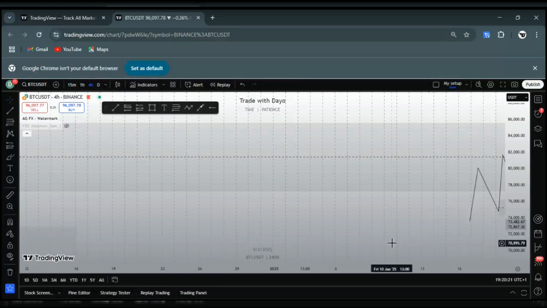So for you to actually know which of these zones will hold is to actually check some features regarding them. Check your confluences, check the psychology and the logic behind the whole market structure. So what I meant by psychology and the logic behind market structure is that, for example,